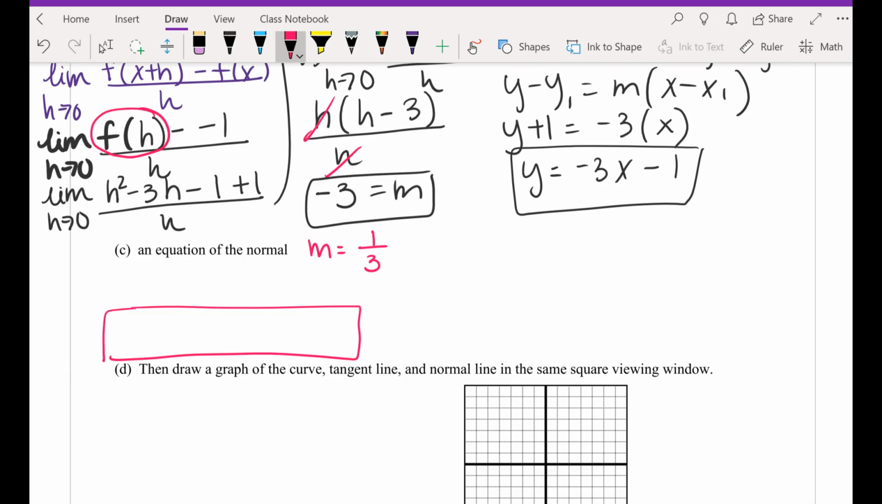You still have the same point. Yeah, you still have to use the same point. Once you're done with the normal line, I need you to check your answer with everybody in the group. So when you're called upon,